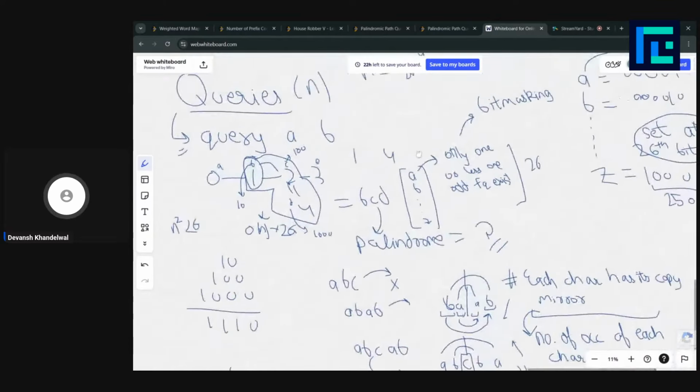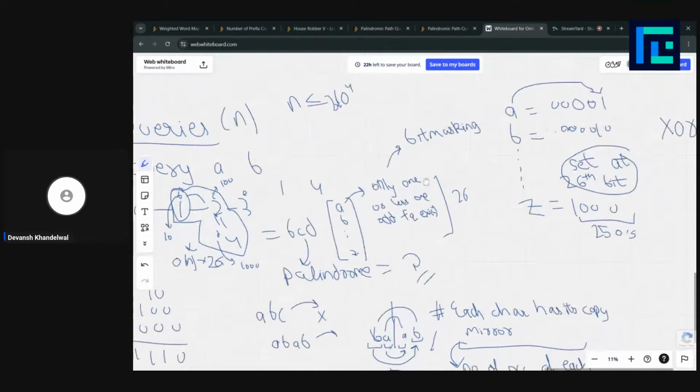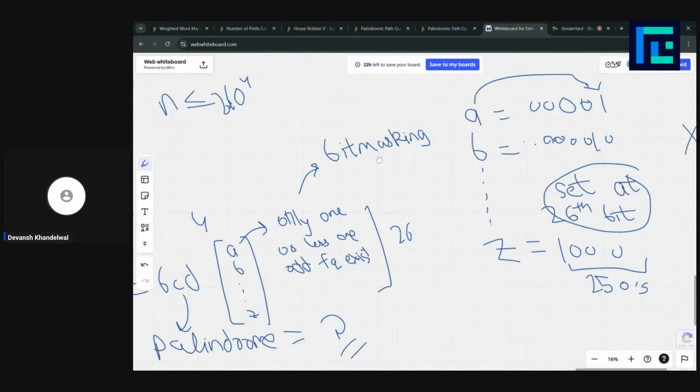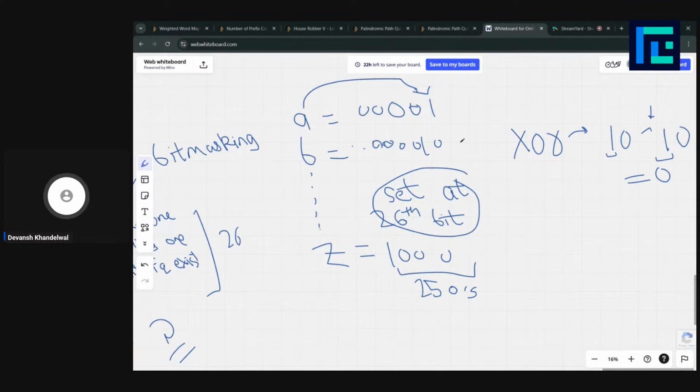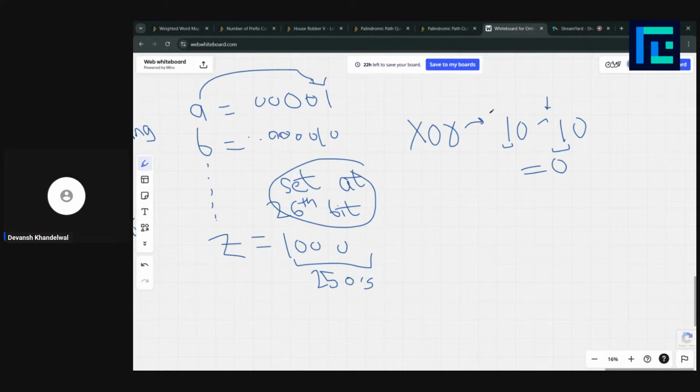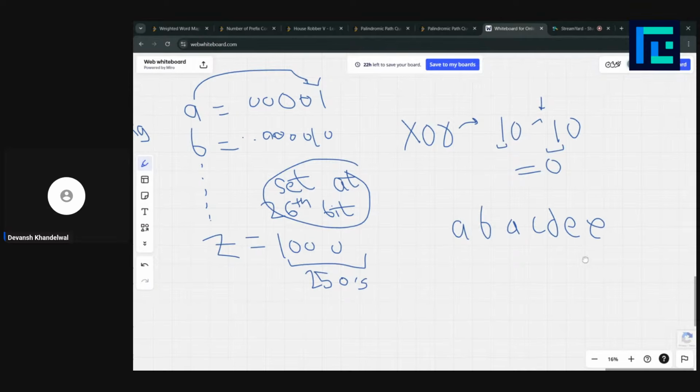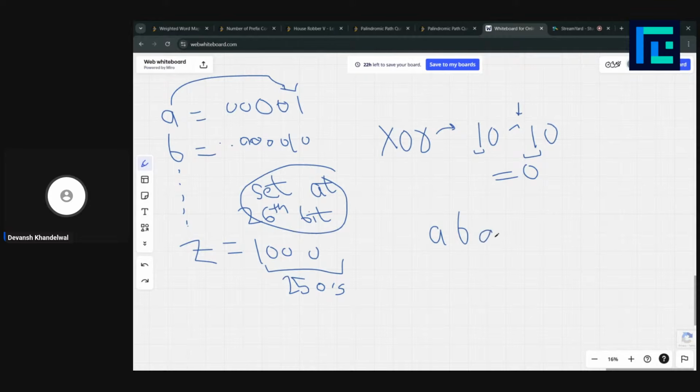So what we could do is bit mask each character to the ith bit. We could set the ith bit for each character. And how this would help is we would use the property of XOR. If we XOR two same numbers, this would result in 0. That means that for any path we have, we would not require to calculate for each character what's the frequency. Instead, we could just check the XOR for their equivalent.